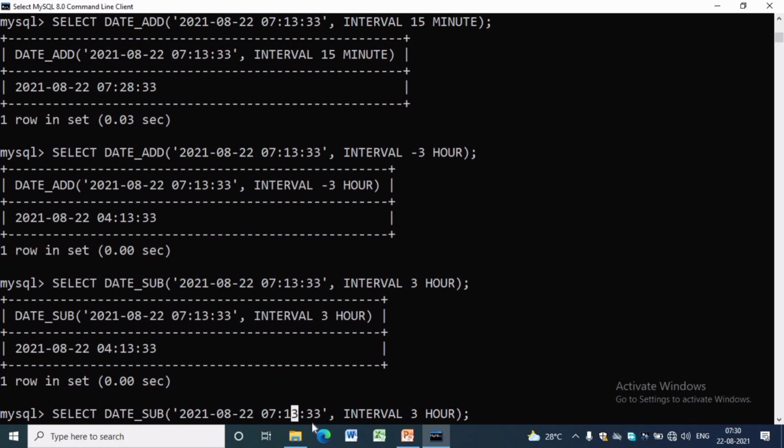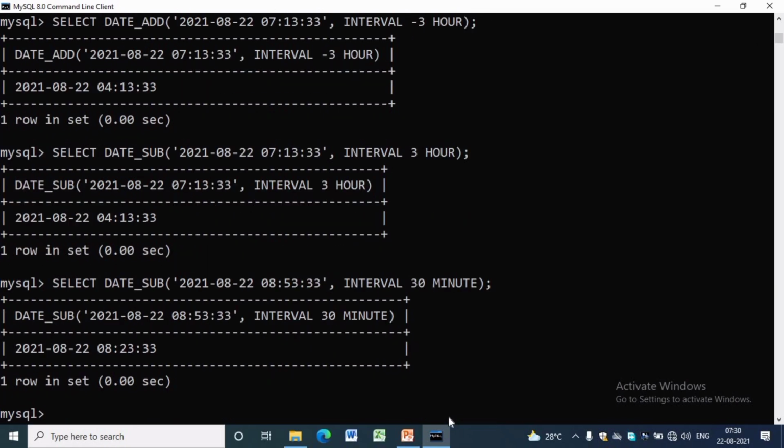SELECT DATE_SUB, within single quote you have to give the date and time, INTERVAL 30 MINUTE. It will subtract 30 minutes from the minute part of the date and time. In the given date and time, the minute part was 53. After subtracting 30 minutes, the output will be 23.